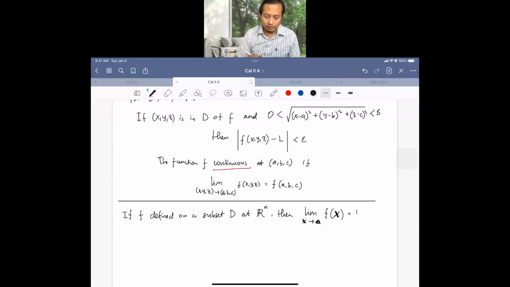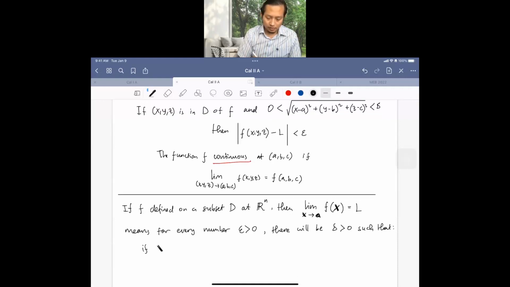This is equal to L. This means for every positive number epsilon, there will be a positive delta such that if the variable x, not just x, it can be (x, y), (x, y, z, w), okay, and the distance